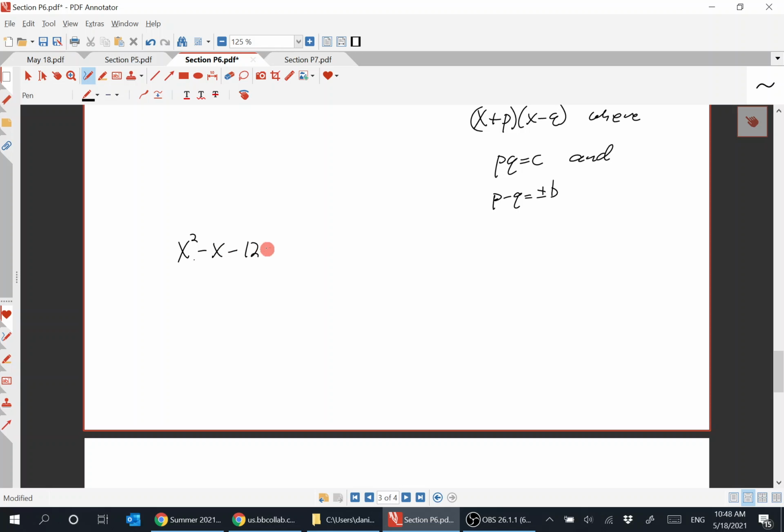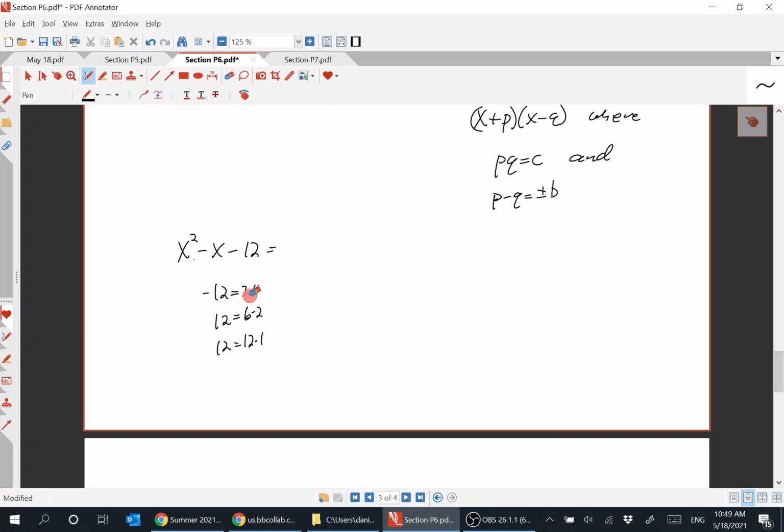Right? X squared minus x minus 12. Well, 12 is equal to 3 times 4. Right? And 12 is equal to 6 times 2. And 12 is equal to 12 times 1, if you're just working with integer factorizations. Okay, but since it's a negative 12, it's got to be x,